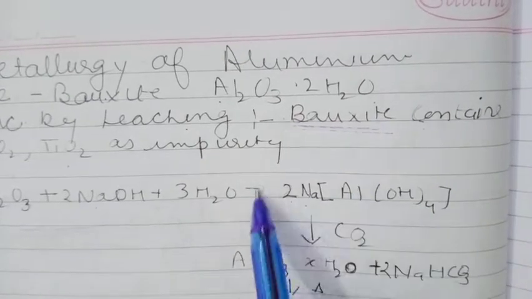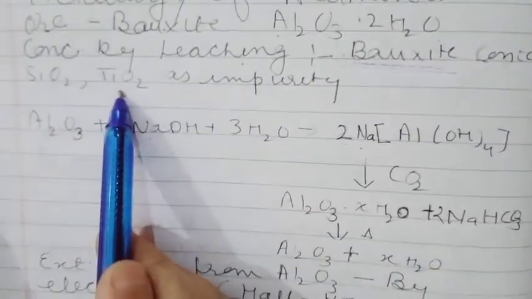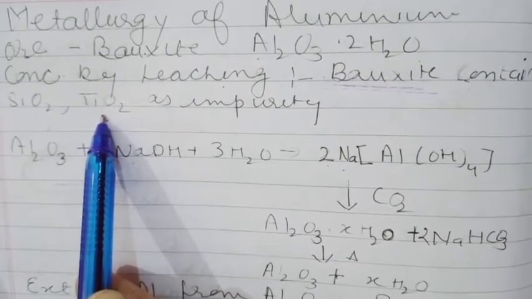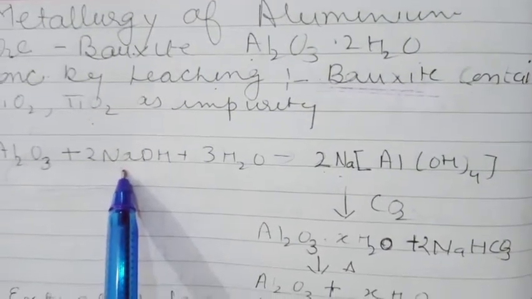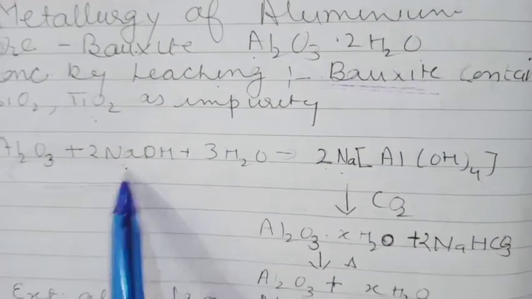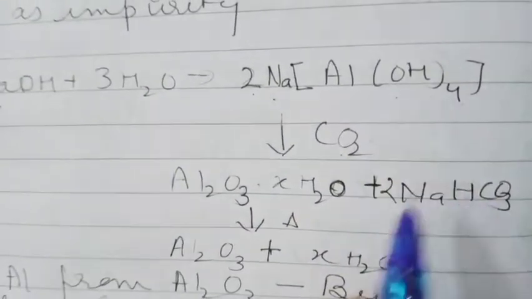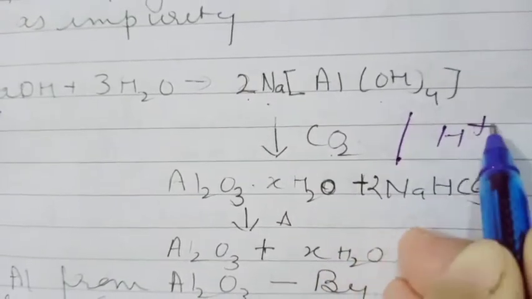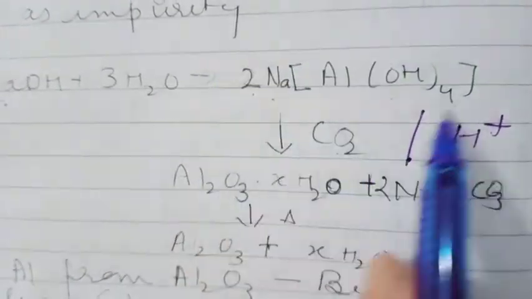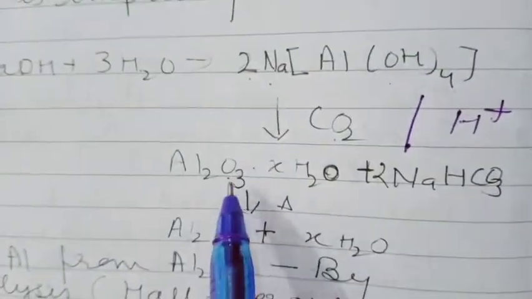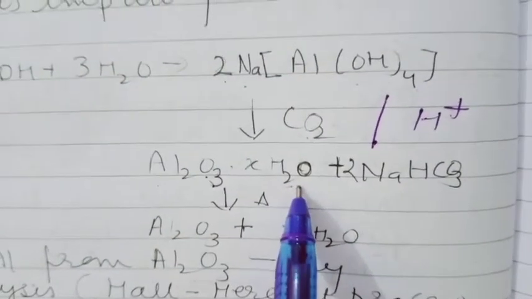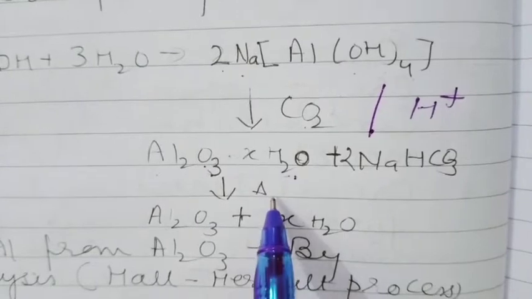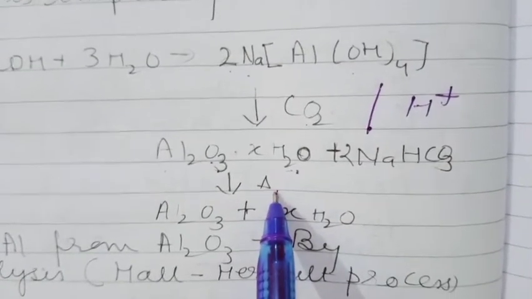This complex is water soluble, while the titanium oxide and iron oxide impurities do not react with NaOH, so they remain as solid. They can be easily filtered out. Now you pass carbon dioxide through this solution, or you make the solution acidic. At that time sodium aluminate gets changed into hydrated aluminium oxide. The precipitates of hydrated aluminium oxide are collected, they are washed with water, and then finally they are heated to